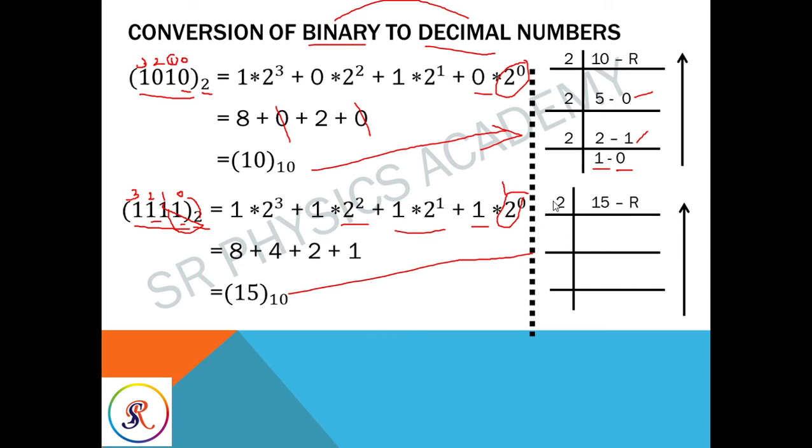So in this case 15, how many times will 2 go into it? 7. 7 2s are 14. The balance is 1. Again 3 2s are 6, 1 remainder. So here 2 ones are 2, 1 remainder. So how will we write? Always, as I also discussed in the last video, we will write from lower to up when we are writing the value. So in this case, I will write 1, 1, 1, 1. So that means the answer we got is correct.